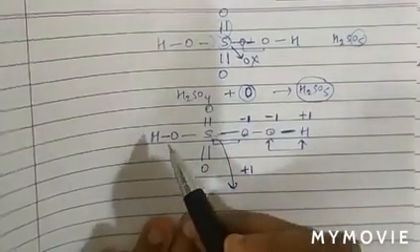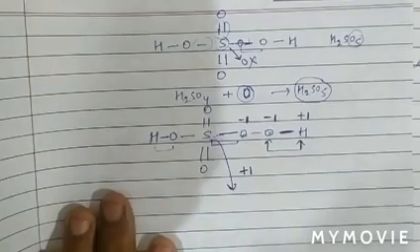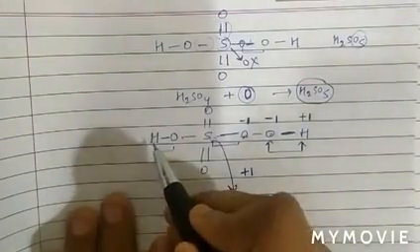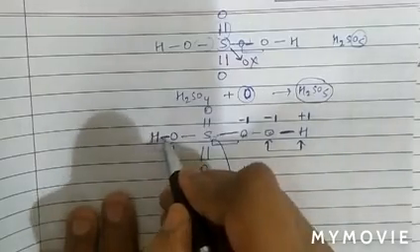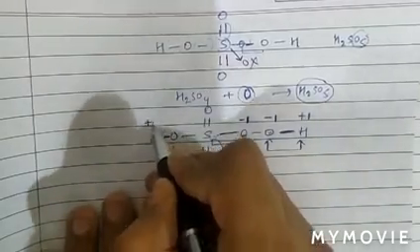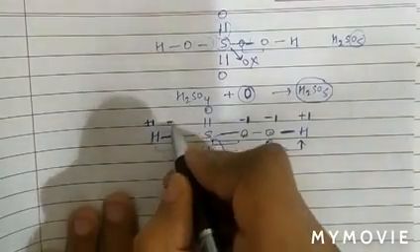Now see again there is an oxygen and hydrogen pair. The electronegativity of oxygen is more, hydrogen is less. So again there is a single bond. So hydrogen will get +1 charge and oxygen will get -1